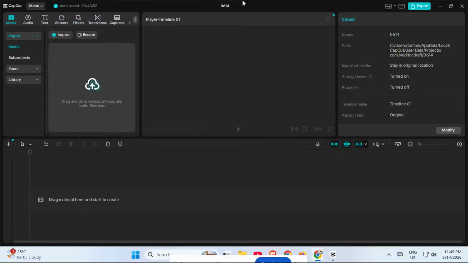If you want to learn how to merge clips in CapCut PC quickly and cleanly, you're in the right place. In this video, I'll walk you through the easiest way to bring multiple clips together on the timeline, arrange them in the right order, and make sure they play back smoothly as one continuous sequence. This is super useful for editing vlogs, tutorials, short-form videos, or any project where you want to combine several clips